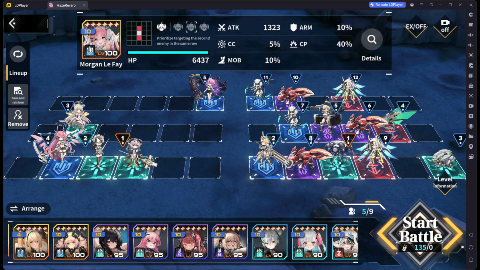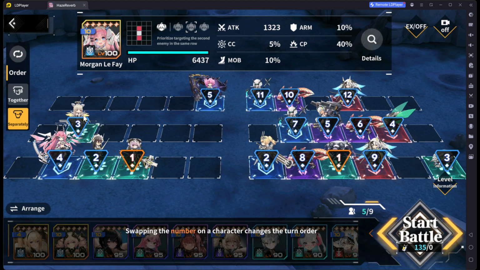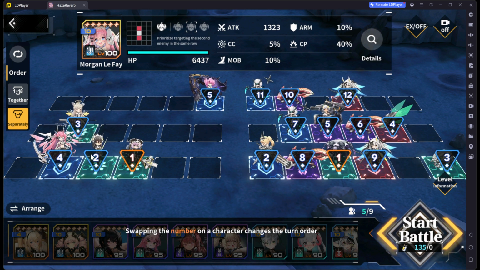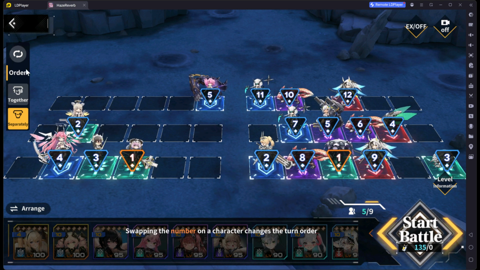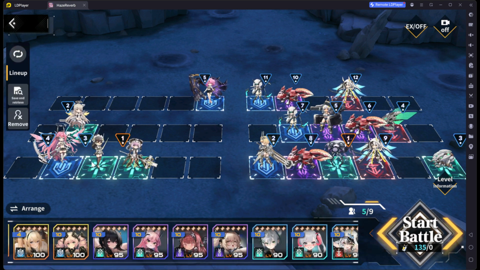And then you need to change the ordering here, because Tina has to target your DPS because she's a single target, right? She doesn't splash her buff at all. So you swap it like this. Now you could probably leave it like this if you want. You should move some units around. So